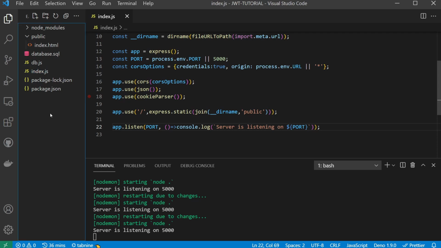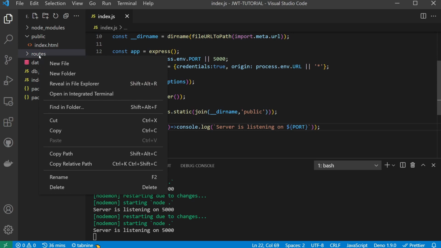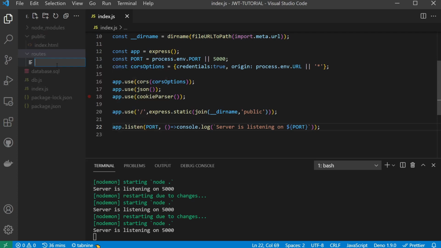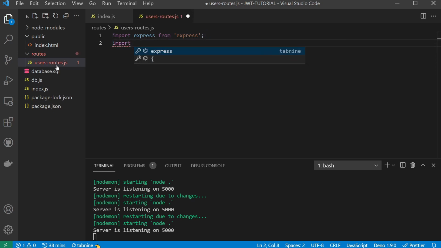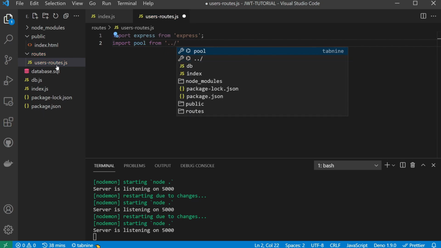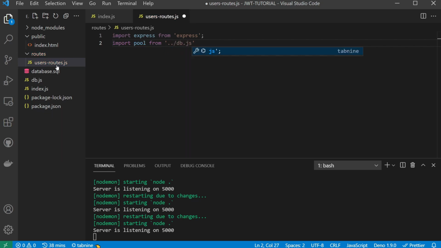So let's do something simple just to test access to our database. If we create a new folder, and we'll call this folder routes, and in this folder let's create a new file, and we're going to call this users-routes.js. So we need to import express from express, and we want to import our Postgres pool from our db.js,